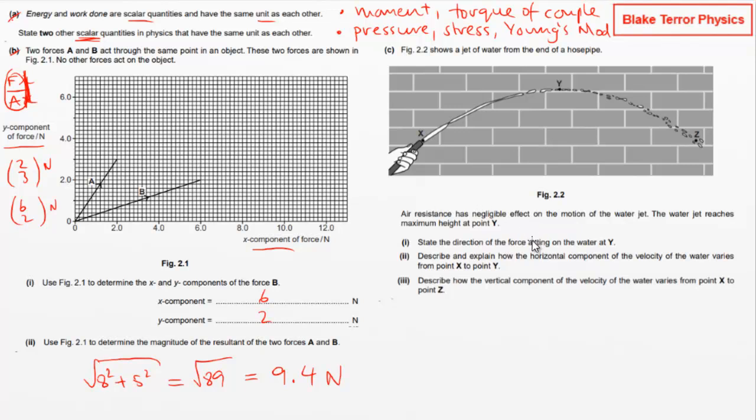We've got a jet of water from a hose pipe in part C. Air resistance is negligible as always. Maximum point at Y. State the direction of the force acting on the water at Y. Well, it's the same as it is everywhere else. It's down, because we've just got projectile motion going on here. Describe and explain how the horizontal component of the velocity of the water varies from X to Y. Well, it doesn't. It's constant